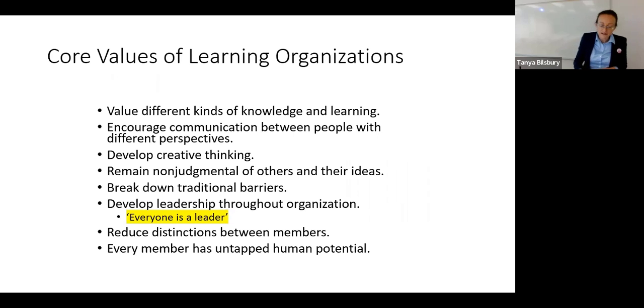So what kind of values would we see in an organization that has a pro-learning culture? Well, we value different kinds of knowledge. Not all knowledge is in a textbook. Academics struggle with understanding this. Not all knowledge is in a peer-reviewed, published journal article. I was definitely raised to believe that knowledge was something that existed in peer-reviewed journal articles, and there's the rank of the journals. That's a big thing.